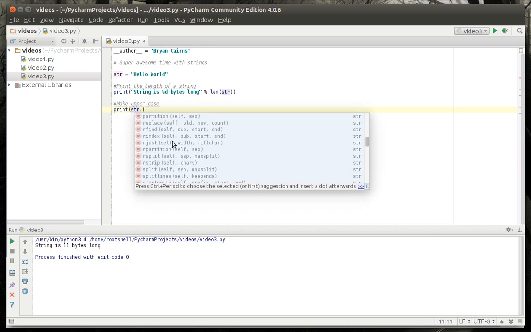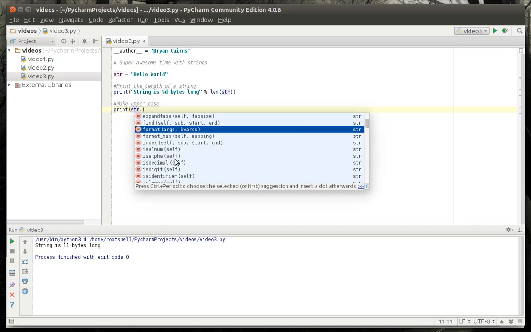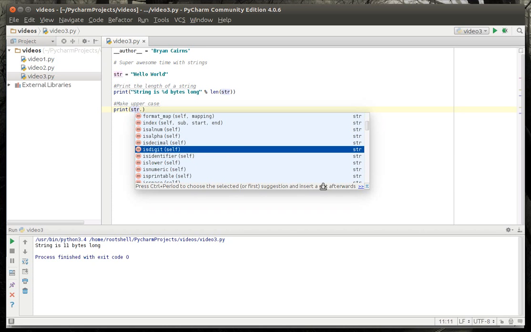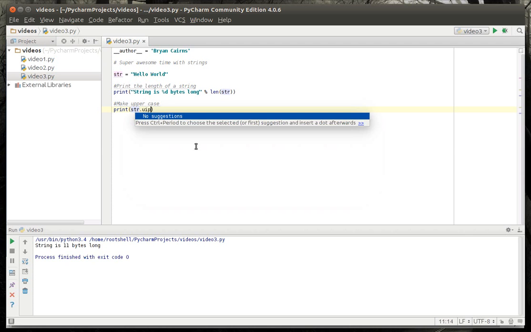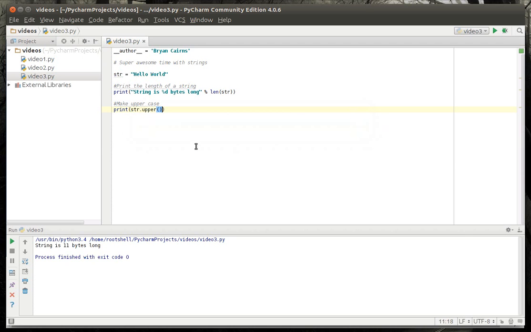This is why an IDE is super helpful, especially when you're learning, because you don't know all these things and you don't want to spend hours memorizing the help document. You can just hit the period and it says, oh, these are all the things you can do. Capitalize, count, encode, ends with. And a lot of times it'll have a kind of descriptive identifier next to it. So in this case, we're just going to say upper,